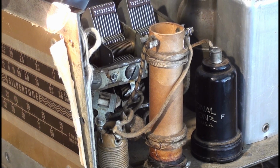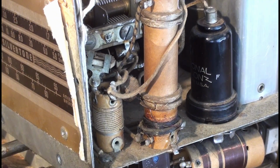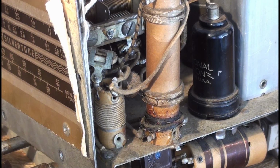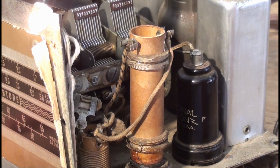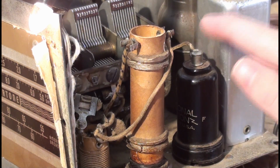You can see I kind of did a tacky repair job there, because I didn't have the right light. That's just temporary. Yeah, that eye tube is... It should sound a lot louder than that. And if I touch the oscillator with my finger,